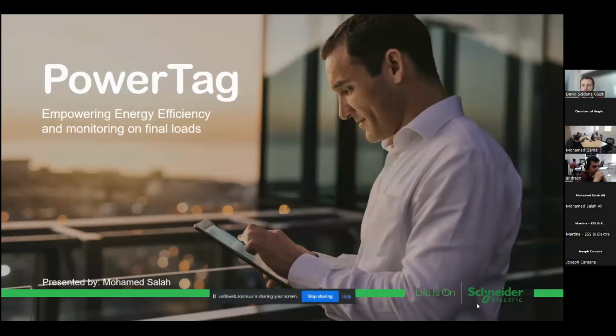Okay, so as you saw in the video, we are trying to make your panels have a voice to talk with you. So how are we going to do this? With some smart components. I'm going to focus today on two of our newly released products that serve in the switchboard of the future. The first one is the PowerTag, which is a small meter to measure your energy and also to give you an indication or an alarm that you are